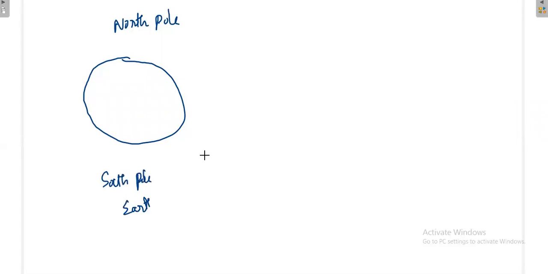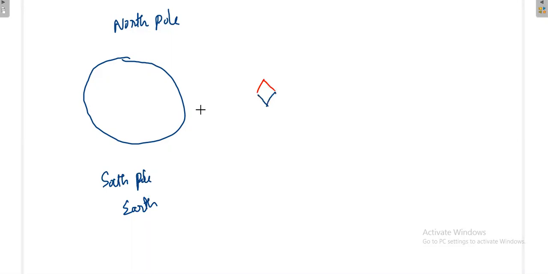Now somebody tell me, in which direction will the red color of the magnetic compass point, north or south? North, yes. So if you place the compass here, this will be the direction of the compass.